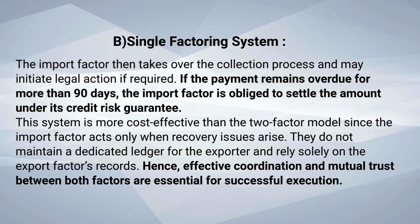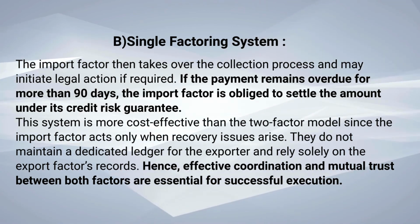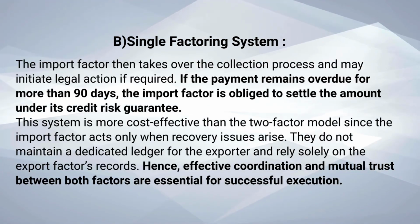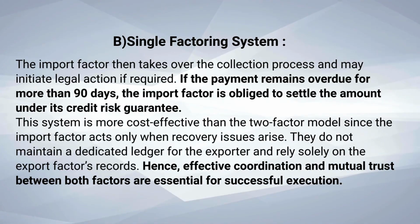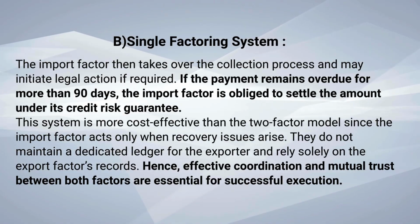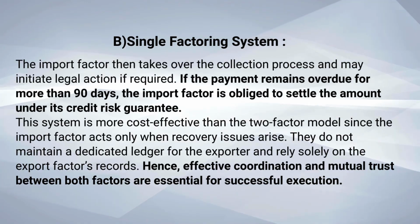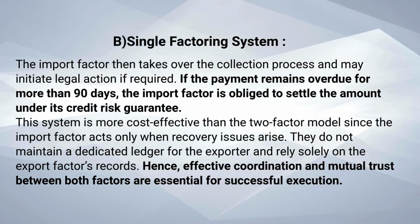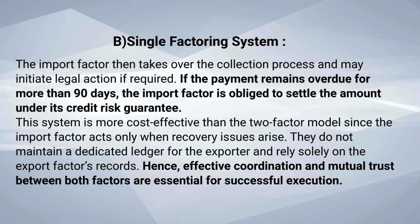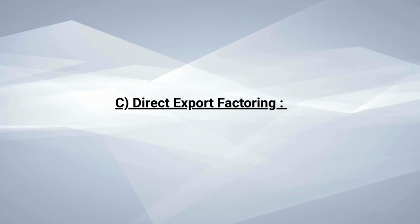This system is more cost effective than the two-factor model since the import factor acts only when recovery issues arise. They do not maintain a dedicated ledger for the exporter and rely solely on the export factor's records. Hence, effective coordination and mutual trust between both factors are essential for successful execution. Now, the third type of international factoring is